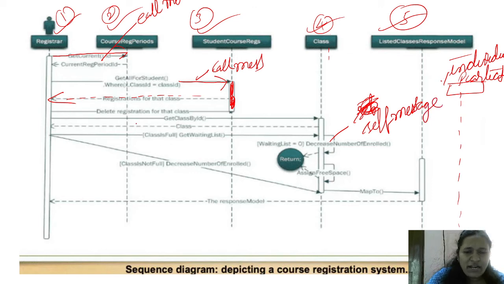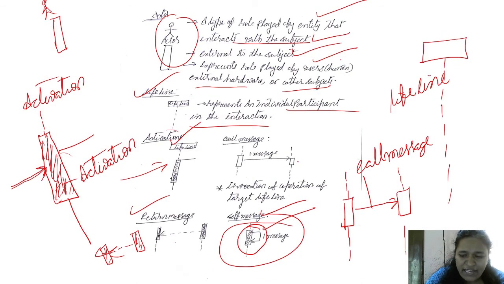I hope you understand this sequence diagram. These are the different actors, called lifelines. We represent this actor with a lifeline, an individual participant in the interaction. How many individual participants are there in this interaction? 5 are there. What is this? Activations.